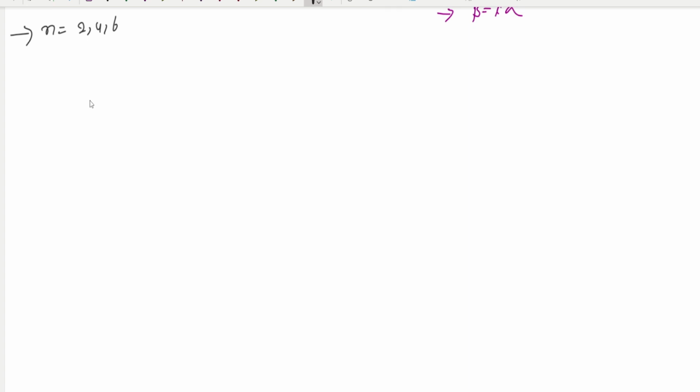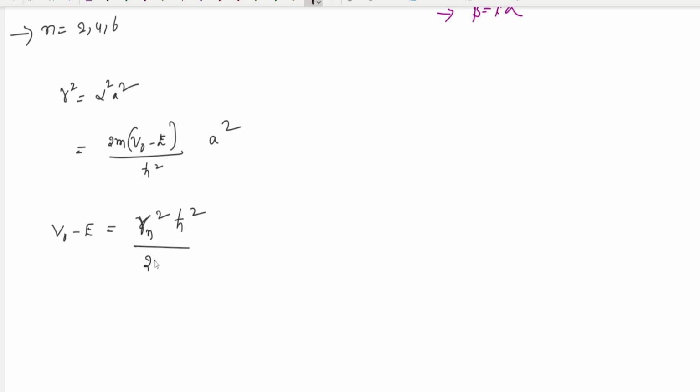So gamma square is equal to alpha square a square, right? I know the alpha value: alpha square equals 2m (V naught minus E) divided by h cross square. This is alpha square, and the remaining thing is a square. From this equation, I can write V naught minus E equals gamma square h cross square divided by 2m a square. Therefore, En equals